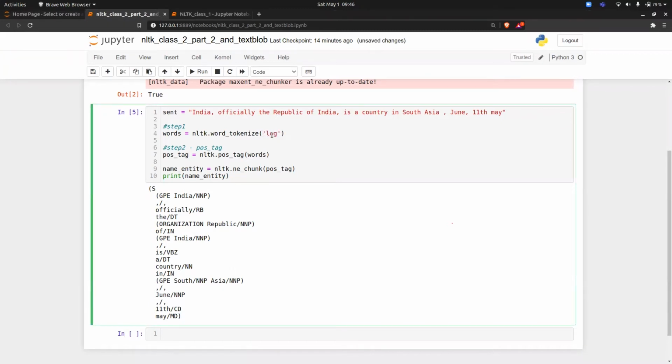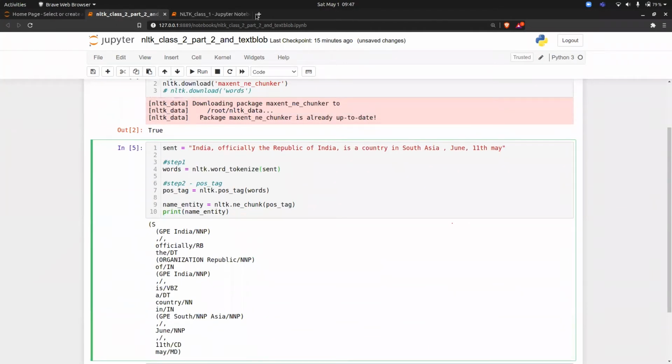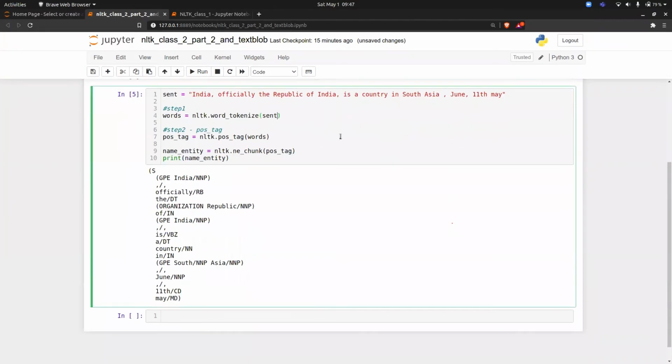So you have to read a log file somehow. You have to store it in a variable, and you have to pass it. Reading and writing, I think you know enough how to read and write from a file. So that thing you have to pass here. You can also try without any document. Just take one string from Wikipedia, try to put it in, and see what all things you can do.